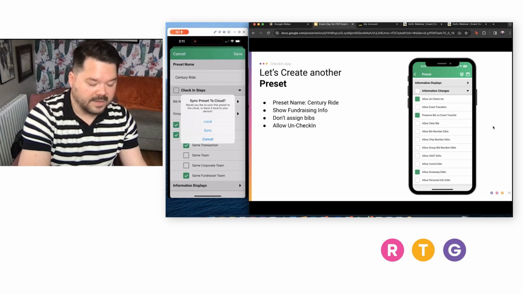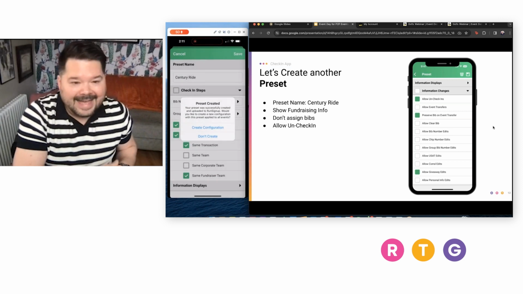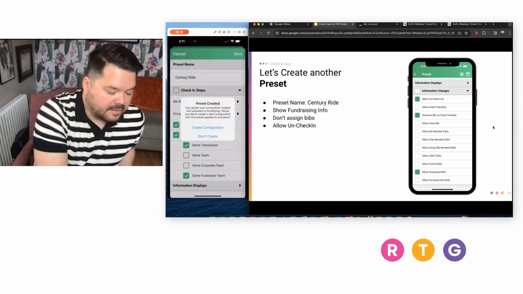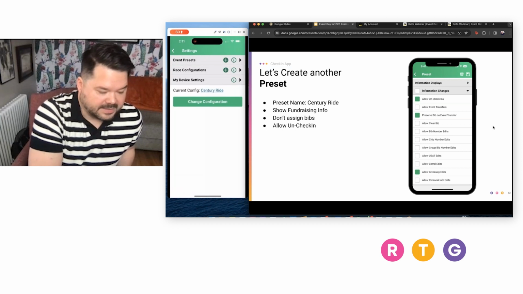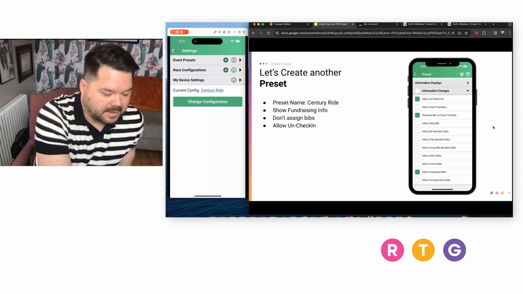We'll keep it nice and fluid, and I'll hit save on that. Once again, I'm going to sync that globally so that everyone who has this event on the app will have the same update I'm creating right now. And now I can create a configuration to match those two things. So it's going to take me right back to this, and I can see those race configurations. I can add a plus button,